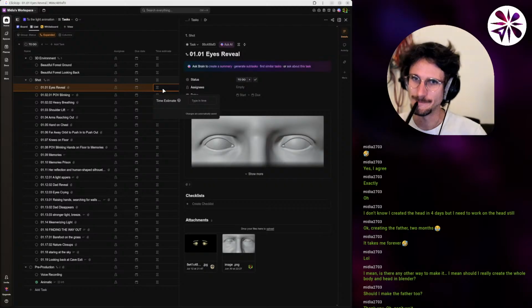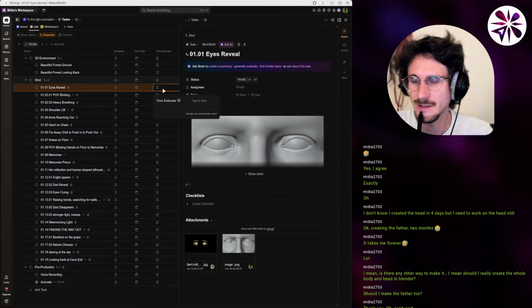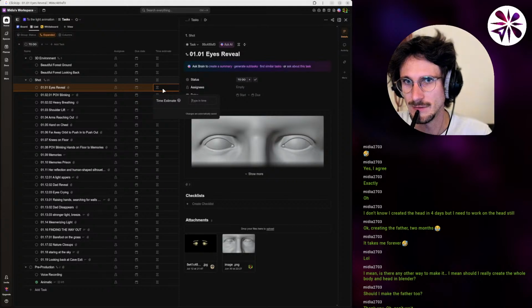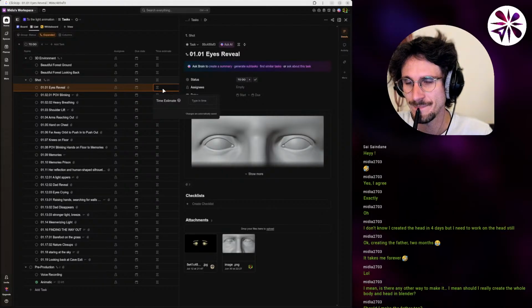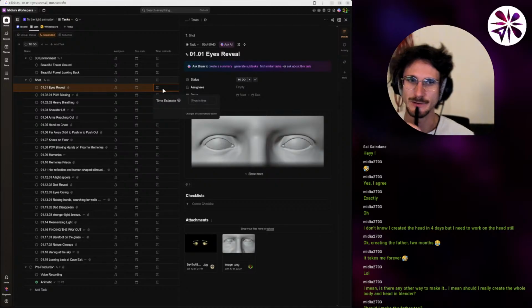So let's say eyes reveal shot. Usually I personally do 3 days minimum for each individual shot, and then depending on how complex they are, I would add time to that. So the eyes reveal, since it is the first shot of the movie, I think I would put in a